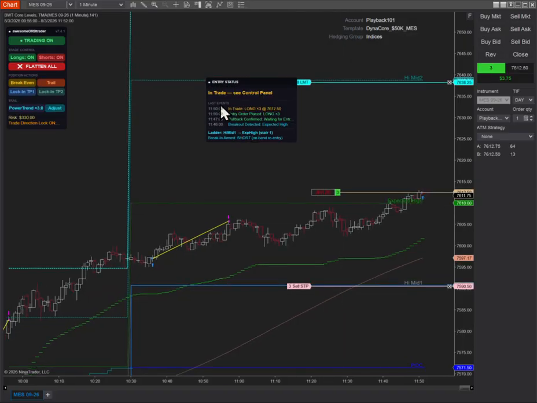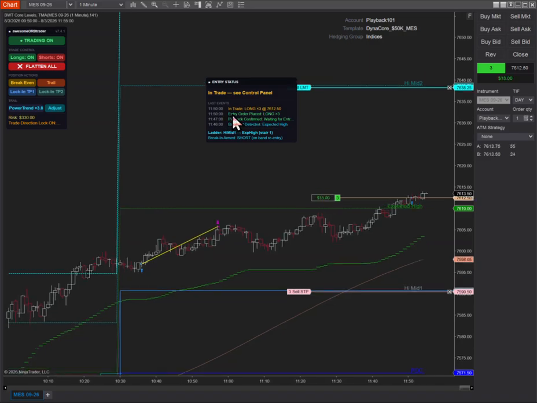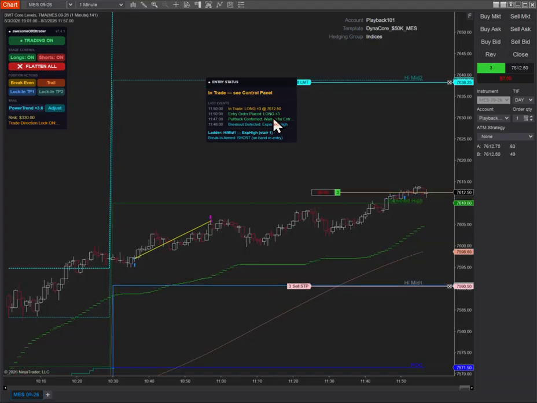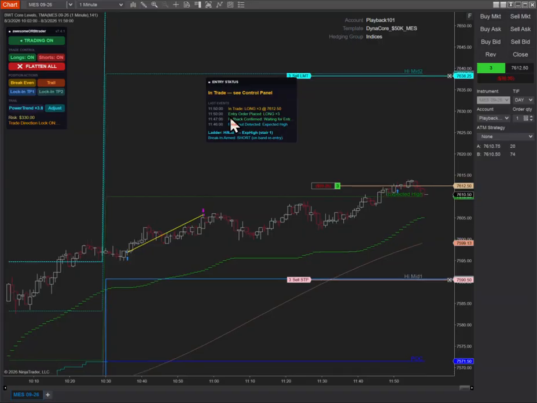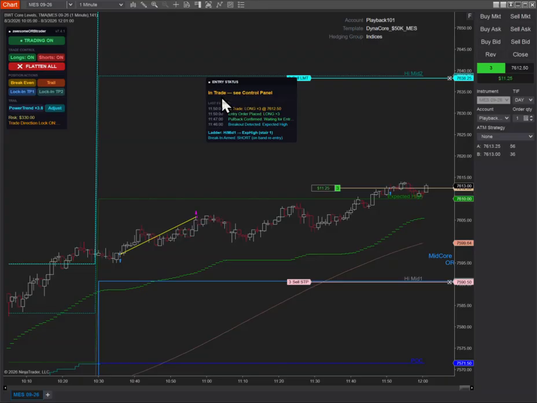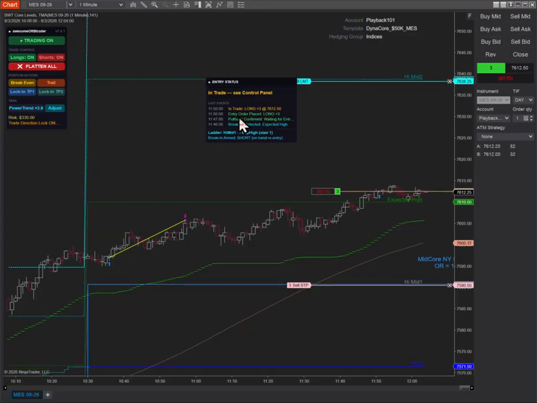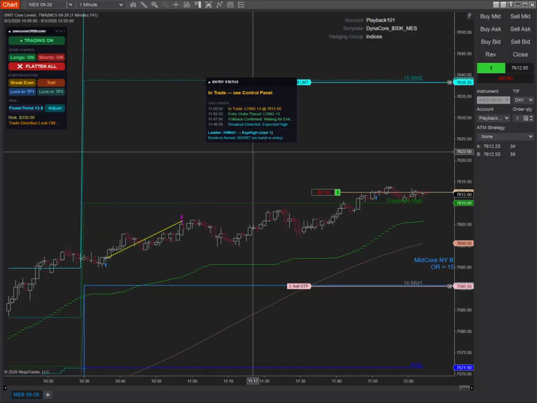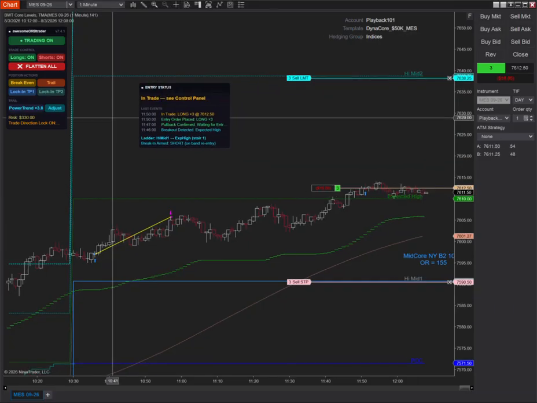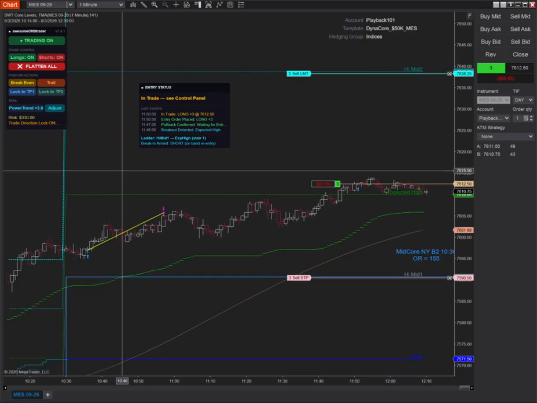So now it says, and it actually says in trade. Right before that, it does happen very quickly, it would have said entry order placed long for 3 contracts. So not only does it tell you the current status of an entry, it tells you the different entry statuses until the present. So that's, I think, pretty helpful to traders to give them information on what the trade entry status is,